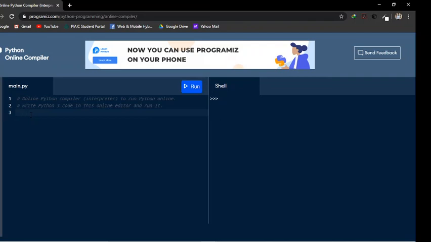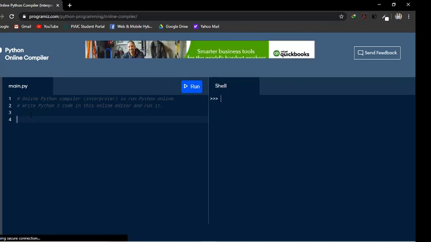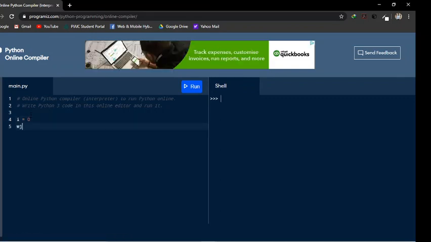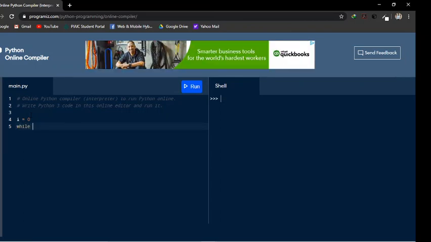Why or when do we use while loops? To repeat something more than once. Just like if I have to print statements more than once, I will use a while loop or a for loop. So let's start with i is equal to 0. The structure of while is to write while and then define a condition.